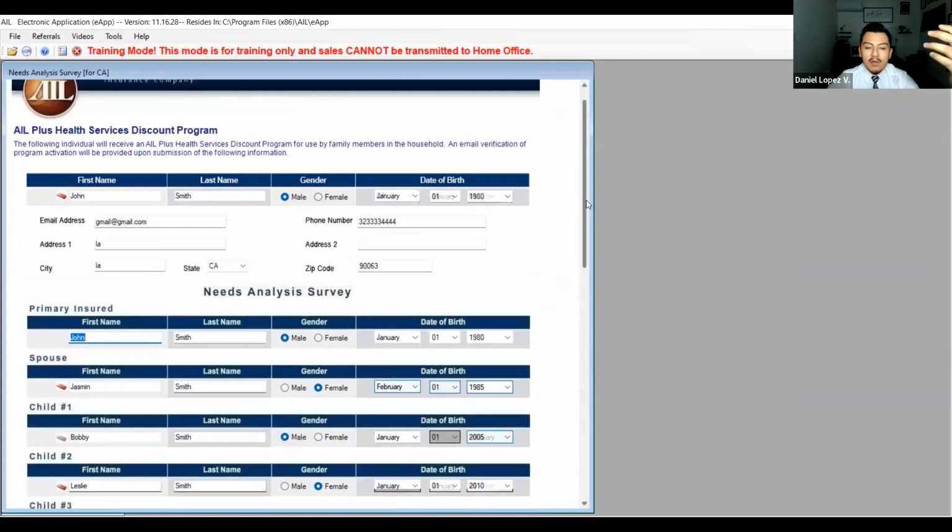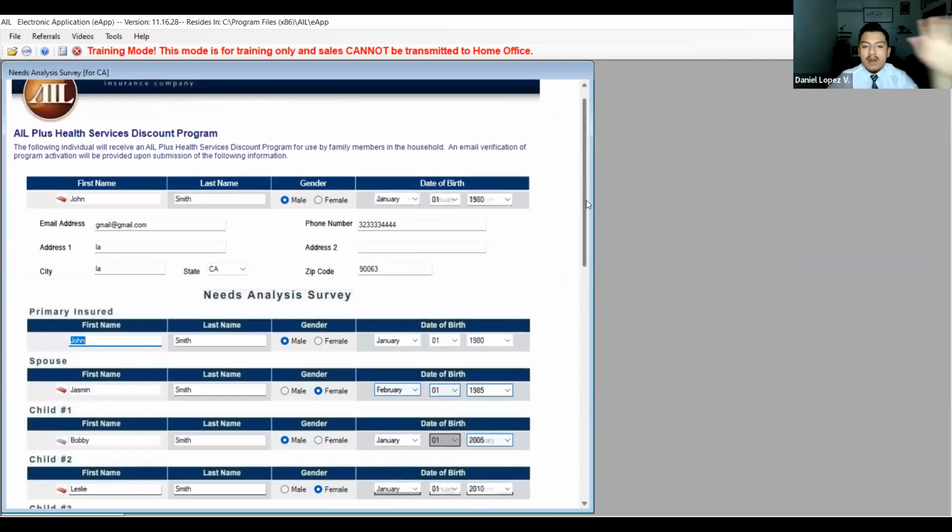First, after I'm done with whatever benefit I just finished talking about, the need discount, the AIO plus, AD&D, child safe. Okay, great. So here, Charles, we're going to put the information so we can send you the AIO plus card. So your email is this, your email is that. You should know this info because you have the lead right in front of you, unless it's a referral, then you ask. Okay, and the date of birth.